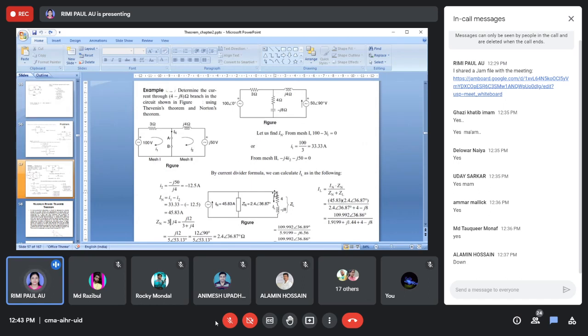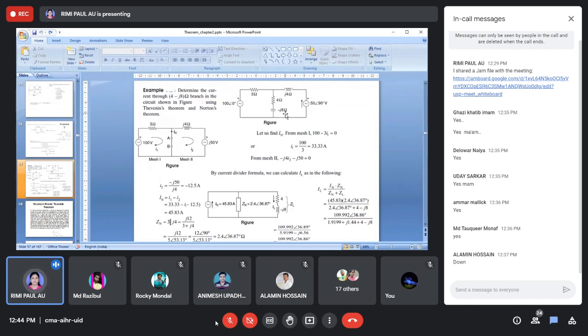This is another problem. Now you tell me that this is our impedance. Okay, so this problem I am showing you for Norton's theorem. The previous day I gave you one assignment for the superposition theorem. This same problem you will solve using Thevenin's theorem.